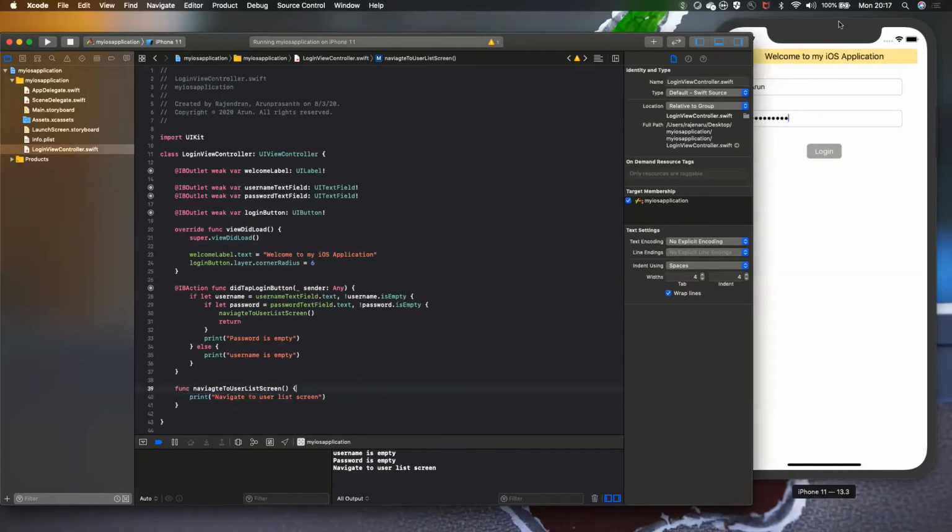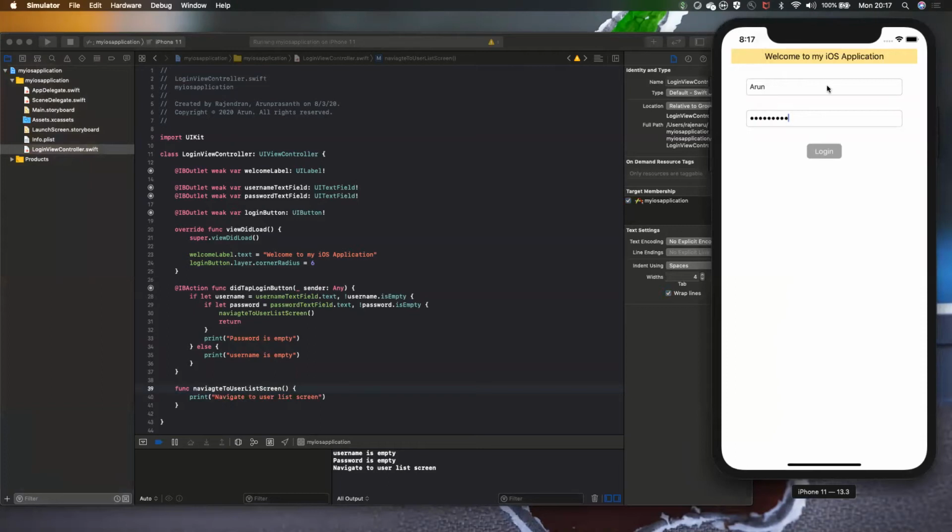So this is the basic login screen. When you do a professional application, you can do different kinds of validation. Whether the username should have only email IDs, you can do different conditions and you can validate this, and same as the password field as well. And after clicking on login, you can have an API call and you can make the validation as well. So for this basic application, we just built it using the text fields and the login button, and we are good with the first screen.